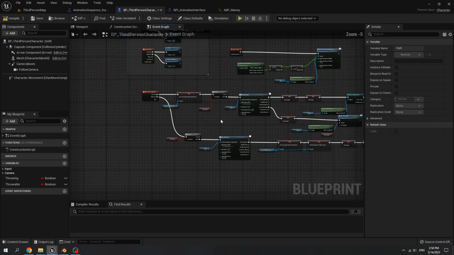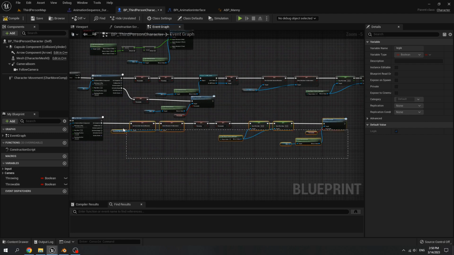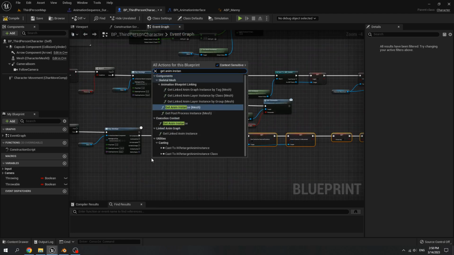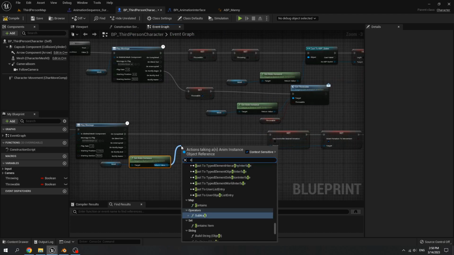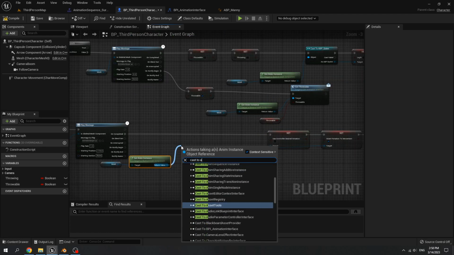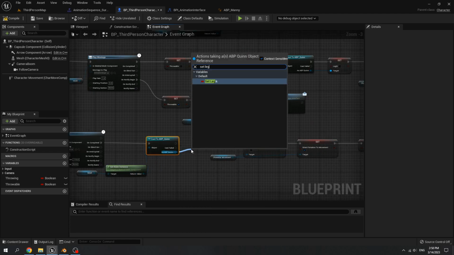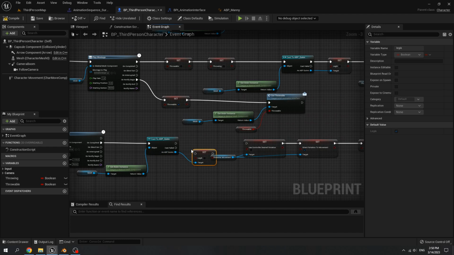Then after we release the spear, get anim instance from mesh, cast to ABP queen, set leg IK to true.